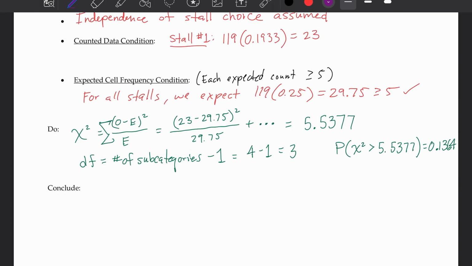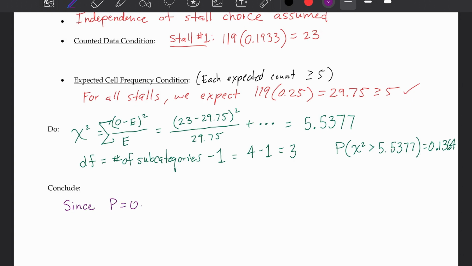So in the end, we end up with a p-value. Remember, that does not stand for proportion. It stands for probability of 0.1364. So now we're going to move on to our conclusion. Our conclusion doesn't really change compared to how we were concluding other hypothesis tests. We're going to state our decision about the null hypothesis by comparing our p to our alpha and talk about what evidence we have. We're going to include the context. So in this example here, we're going to say,